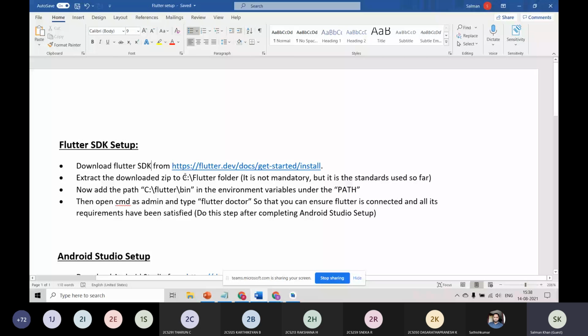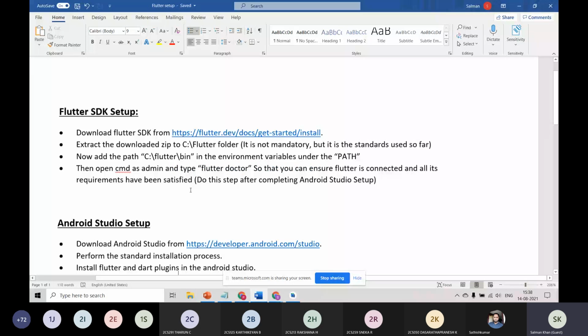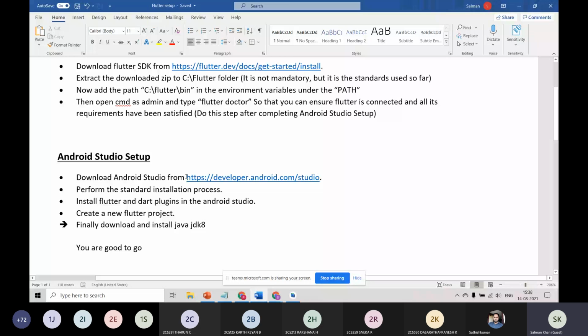Other than that, you can download Android Studio, which is quite a popular framework. You can also download Visual Studio Code, but I personally prefer Android Studio because it provides a lot of things like an emulator built in. Although I have worked in Visual Studio Code in my office, for Android application development I personally prefer Android Studio as the more efficient option. After that, we will see this part now.